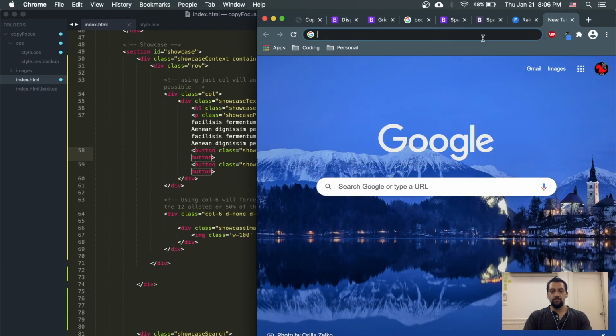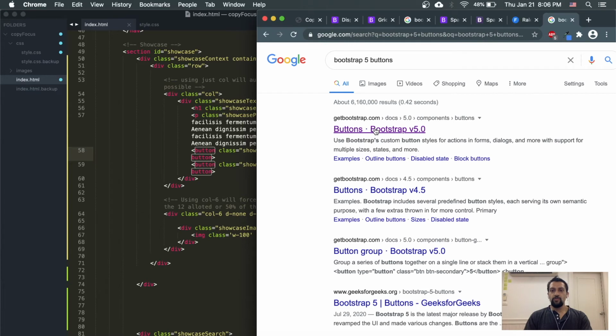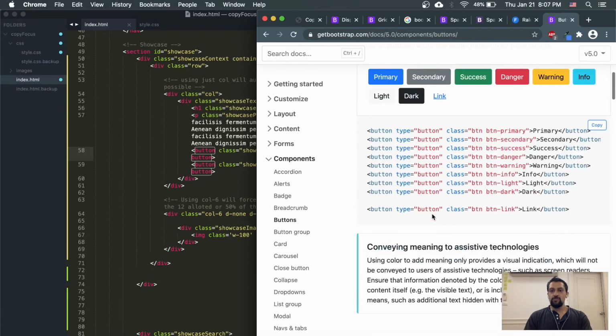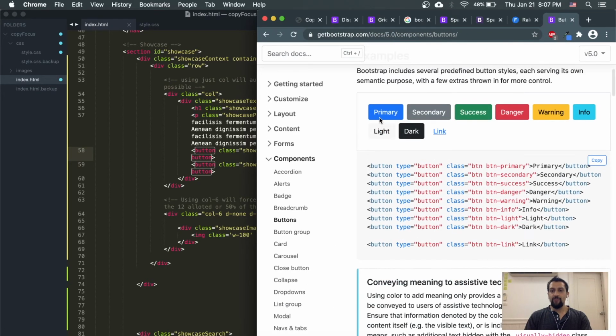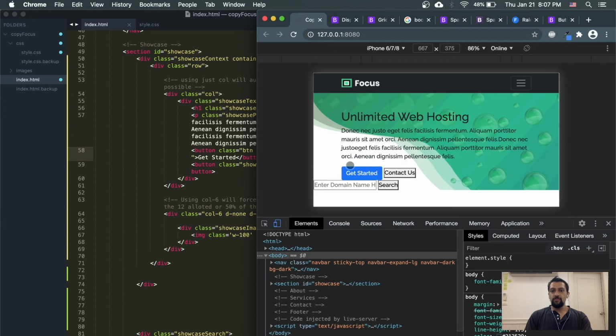bootstrap, bootstrap 5 buttons, and in bootstrap 5 buttons I'm going to use these. So how do I invoke these? How do I use these? They're already written inside the CSS, we'll just use them. So if I use btn or btn primary, copy that and put it inside this class. Whether you put it in front or at the end, it doesn't matter, the order doesn't make a difference, but now it changes up